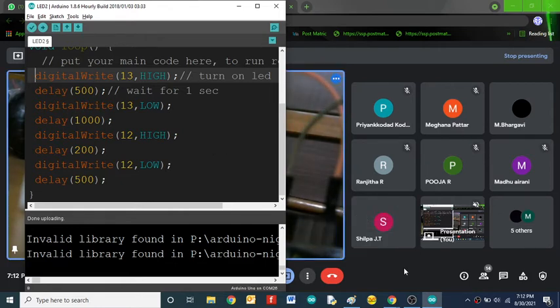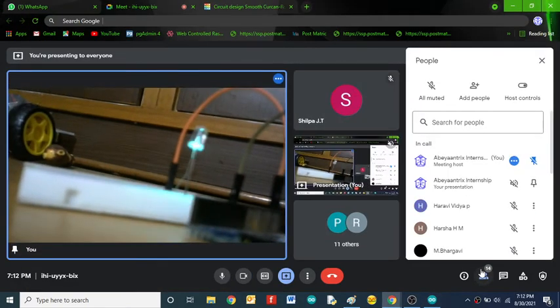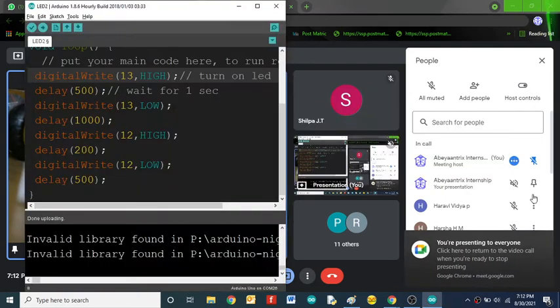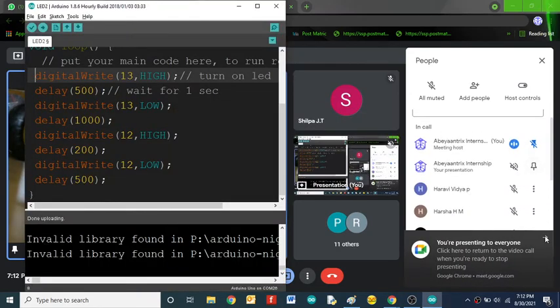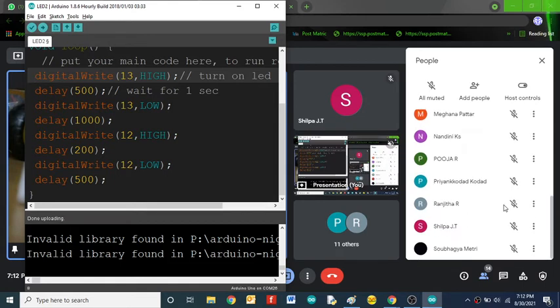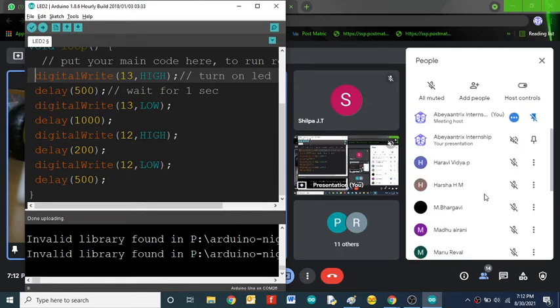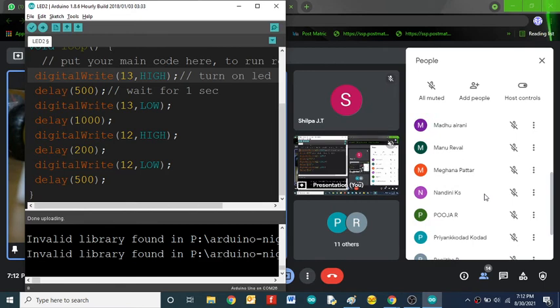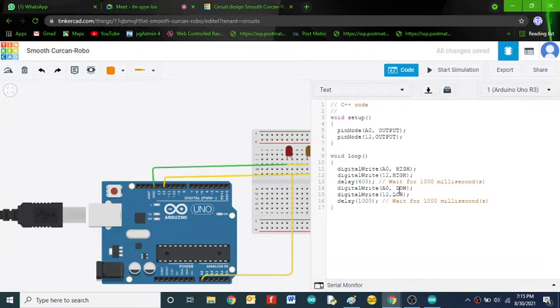Next, Madhu. You are just changing the position of the particular line. Based on your operation or requirement, we have to change the particular statement or line, and the place of the delay is also very important.